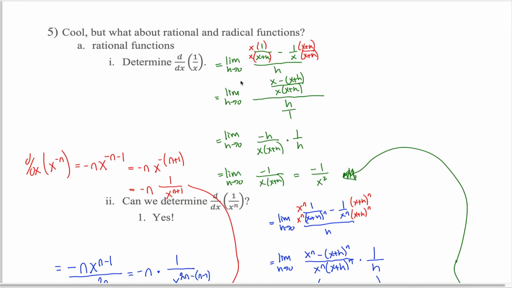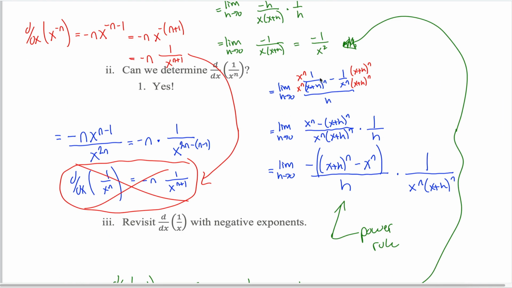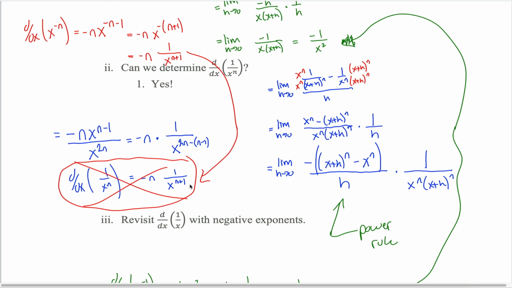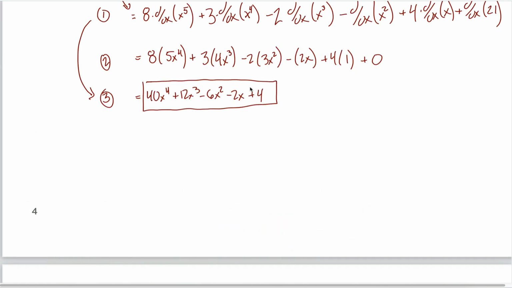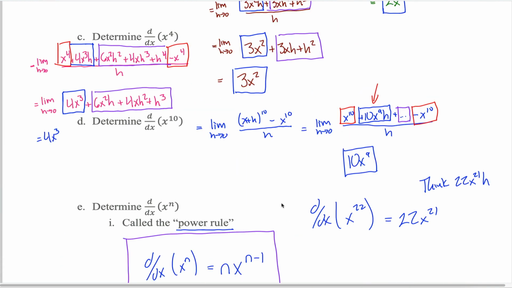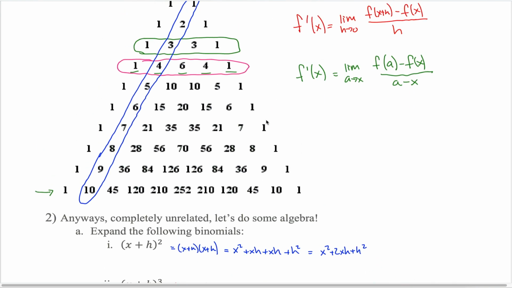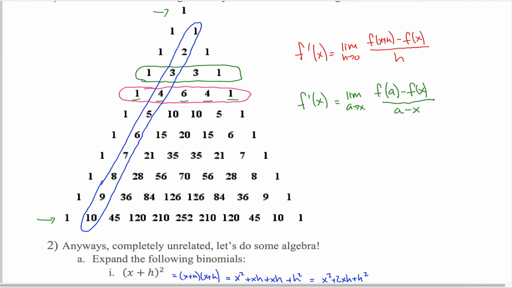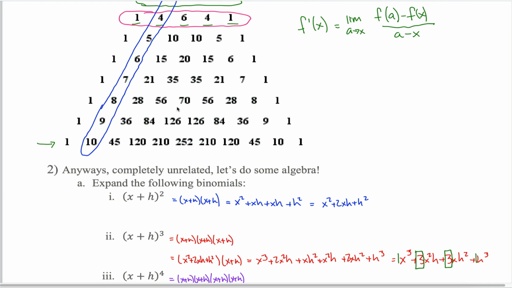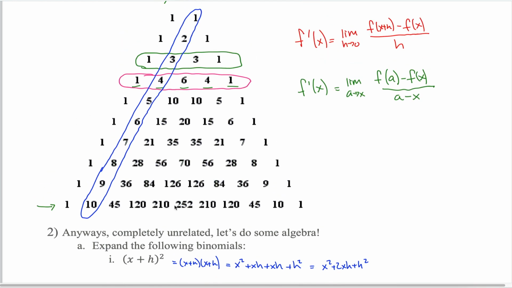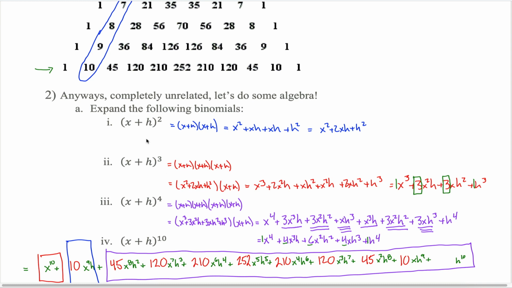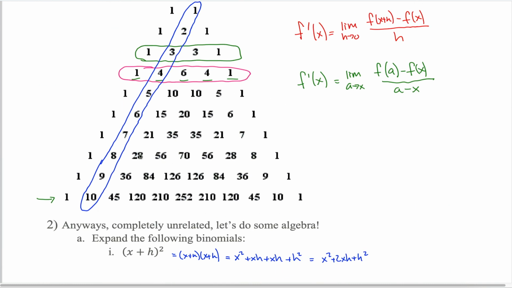The whole point of this video is, with some kind of clever algebra, we can prove that the power rule continues to hold even when we have negative exponents. And that's a huge leap, right? Because if you think about how we proved the power rule in the first place, we used Pascal's triangle. We relied upon the fact that the exponent was a non-negative integer, because otherwise we can't get the expansion using